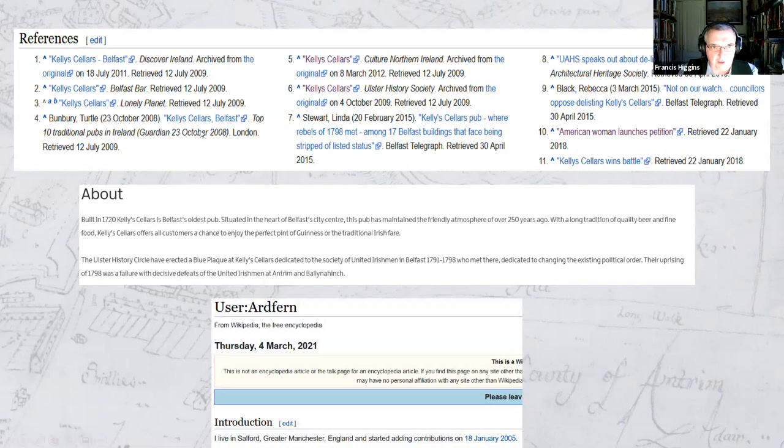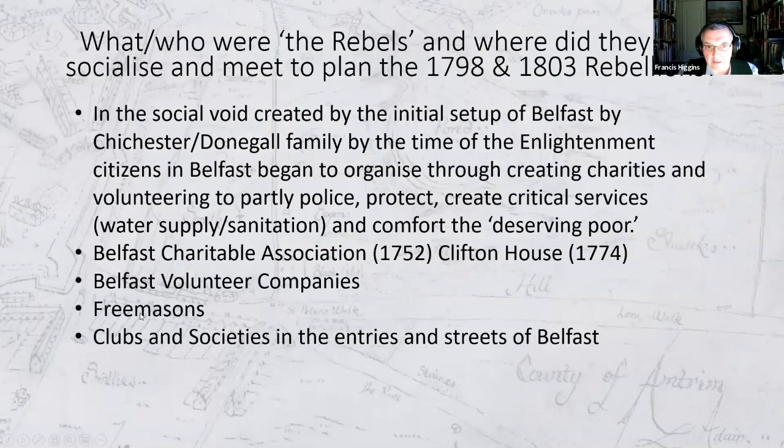And I traced all these sources to this person here. So I have no idea who it is. All we know him as is Ardfern, and he lives in Salford. So who actually were these rebels then, and where did they socialise and plan to meet in the 1788 and the forgotten 1803 rebellion? So in the social void created by the initial setup of Belfast by the Chichester family at the